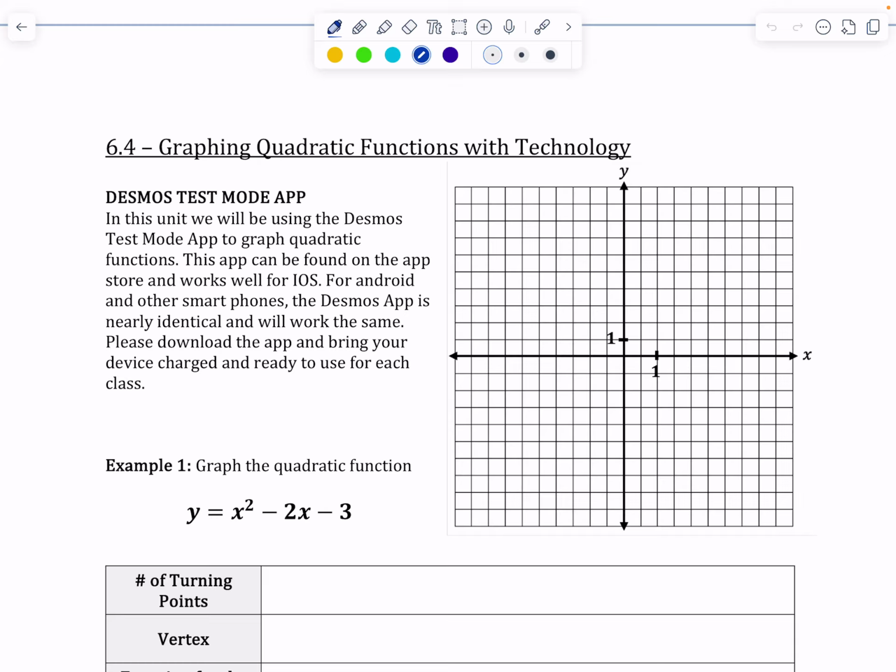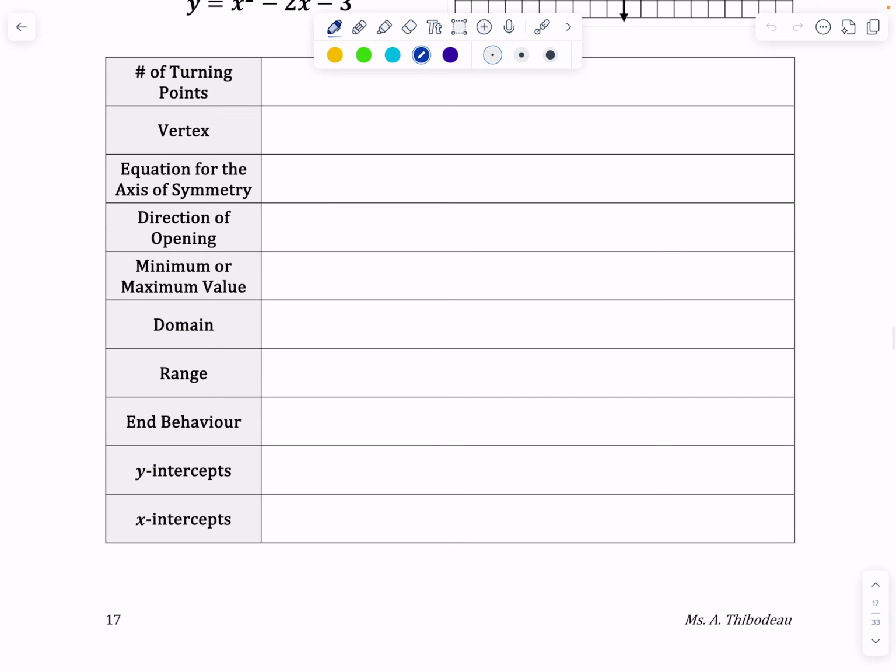It's Mr. Athide coming in with some graphing quadratic functions with technology. You're learning with me today. What a treat. Now, you've done the graphing part of this manually before. That's all 6.3 stuff, getting a table of values. Here, we are using Desmos to help us graph these quadratic functions and then perform these same analyses as you've